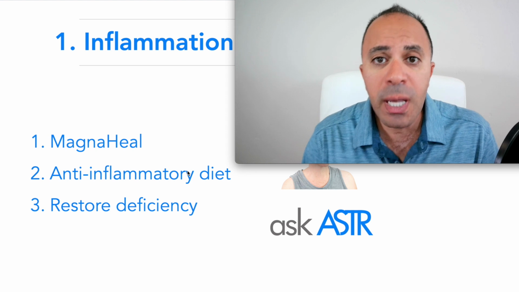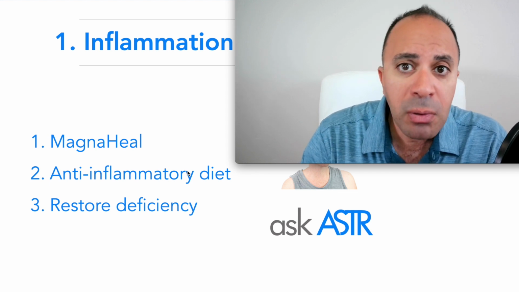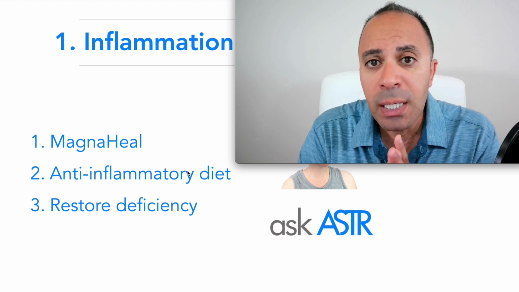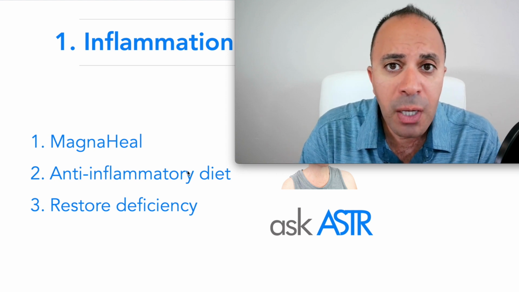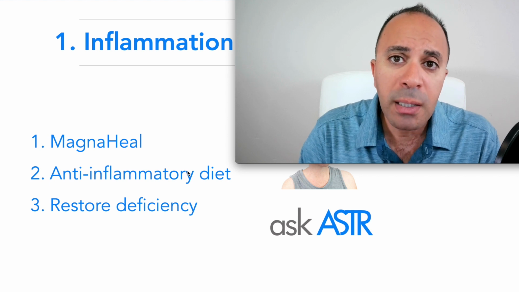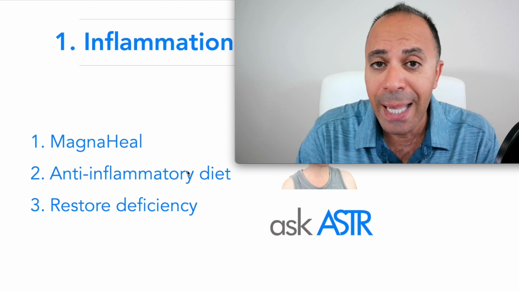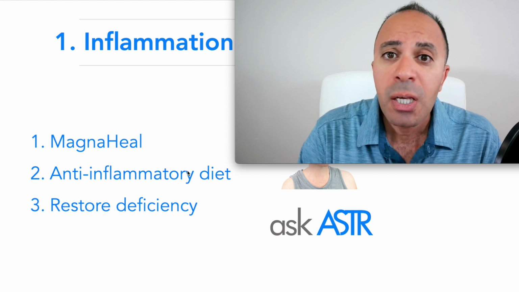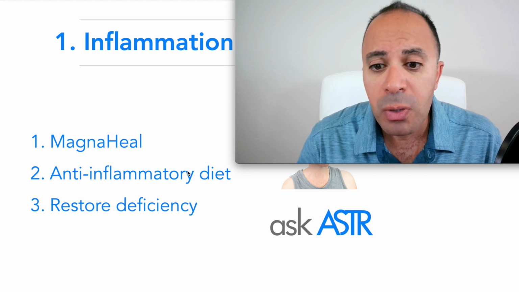I prefer to put all my patients on an anti-inflammatory diet because, for example, when you eat food that includes refined carbs and refined sugar, that puts your body in inflammation for 5 hours. So if you eat 3 meals a day, your body is in internal inflammation for 15 hours. So that's why it's important to really follow the anti-inflammatory diet, and I will have other videos explaining this diet